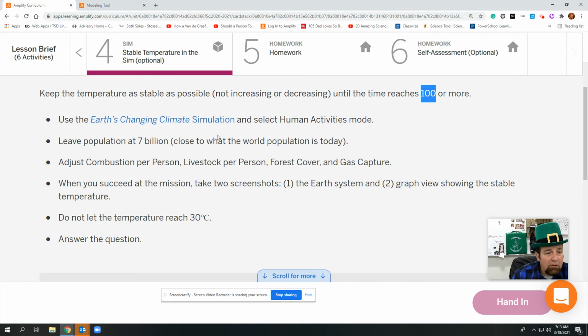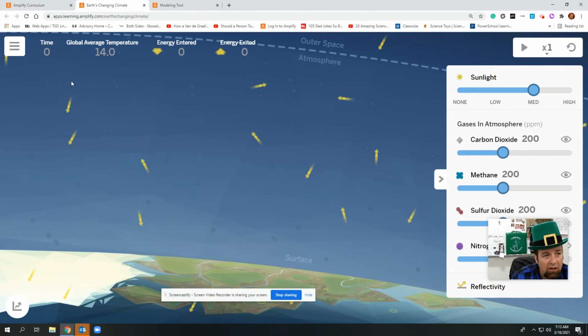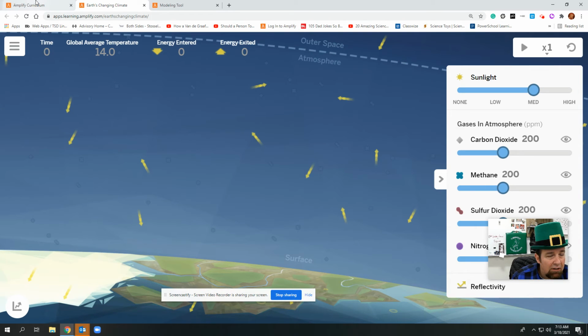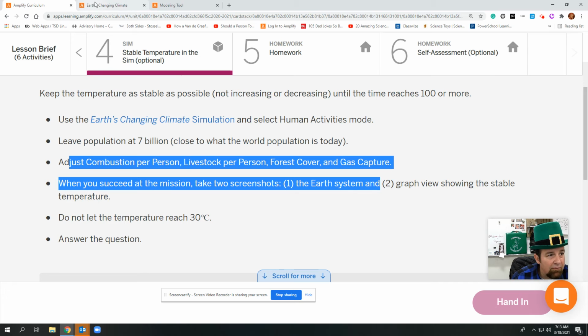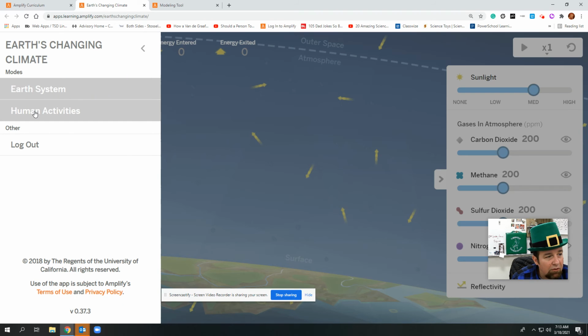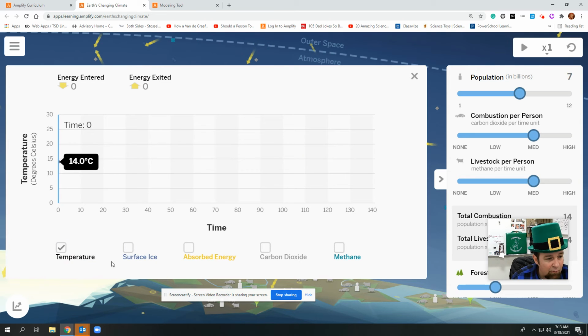So actually, real quick, I do want to show you. So I am going to open up the sim. So I do want to show everybody, in case you missed it, this is the graph that you're going to want to have up, right, for that activity. And the other thing is I need to adjust combustion, livestock, forest cover, all of that stuff. So you'll notice none of that's showing because I do need to select human activities in order to make that happen. And then, of course, I've got my graph here,